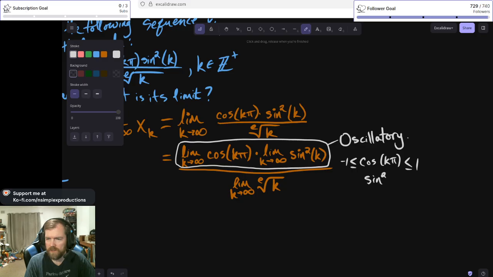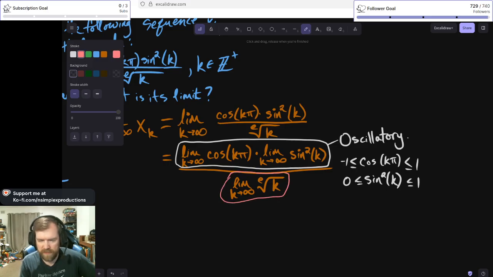And the sine squared of k is always going to be between 0 and 1. That's it. And the limit as k goes to infinity of this bit,